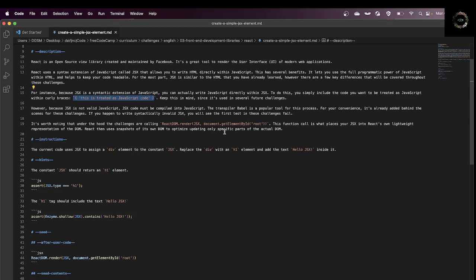Okay. Let's read that line again. Because JSX is a syntactic extension of JavaScript, I can actually write JavaScript directly within JSX. To do this, I simply include the code I want to be treated as JavaScript within curly braces, within our JSX. Keep this in mind, since it's used in several future challenges, okay? We're going to be writing JavaScript within JSX, all right? So line 17,